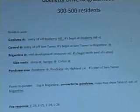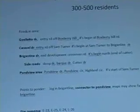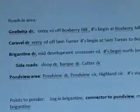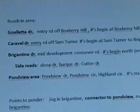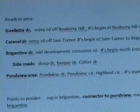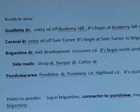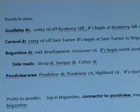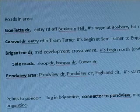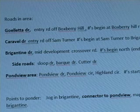The main roads in the area are Geoletta Drive, which is the main road coming in off of Boxbury, Caravel Drive coming in off of Sam Turner, and Brigantine, which is what I've termed a mid-development crossover. The side roads in the development are Sloop, Bark, and Cutter, and it also connects to another neighborhood of the Pondview area: Pondview Drive, Pondview Circle, and Highland Circle. Those areas do have a